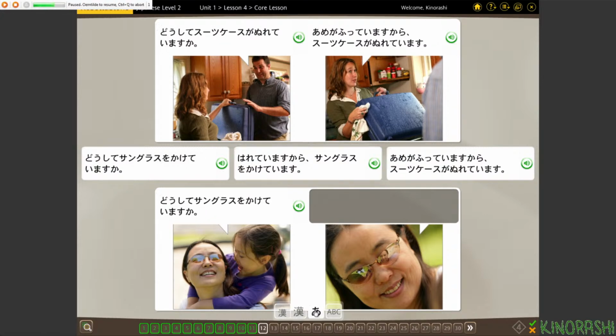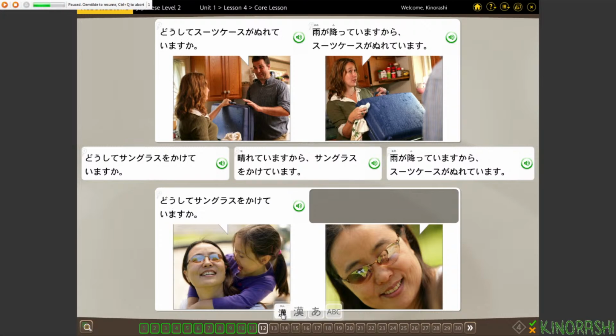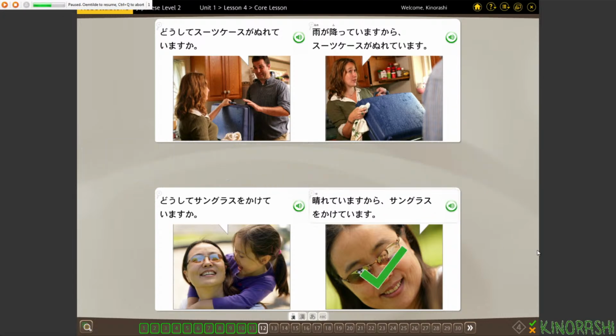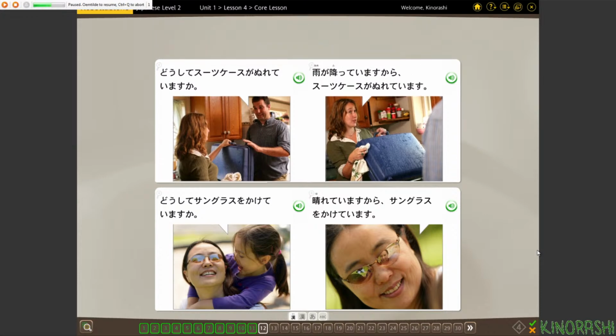Oh, いますから. So 晴れていますから。サングラスをかけています。そう、晴れて。